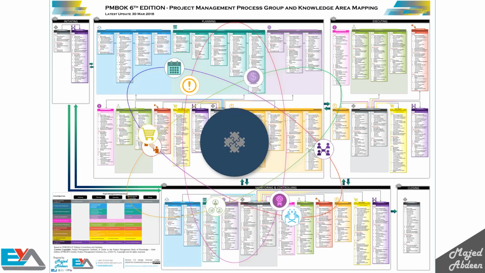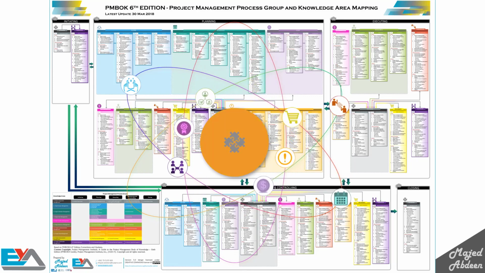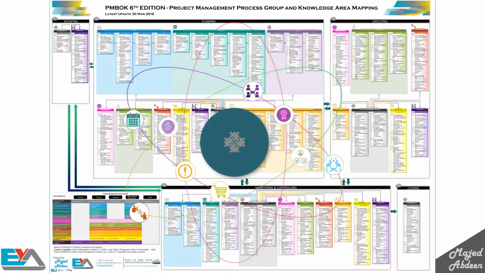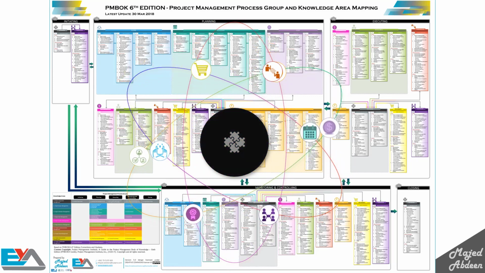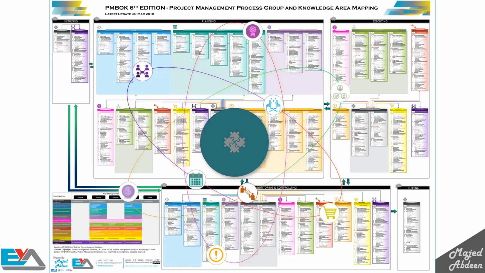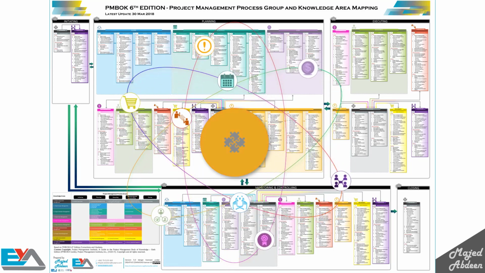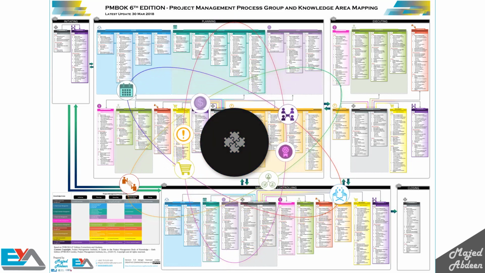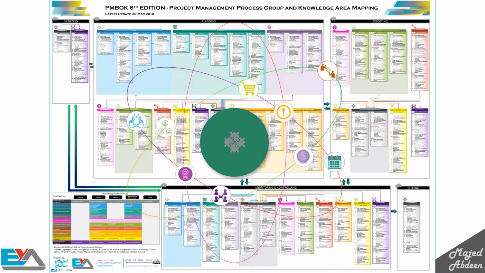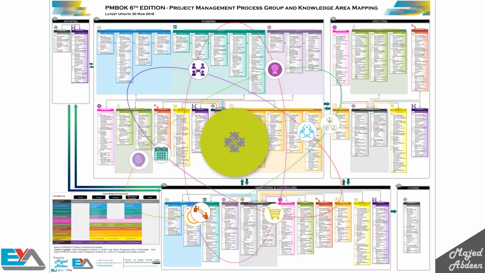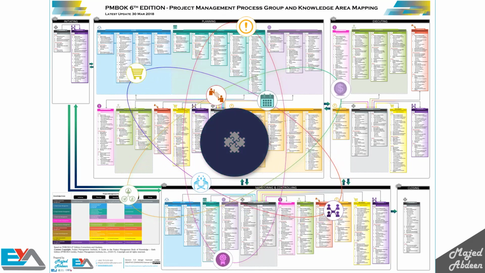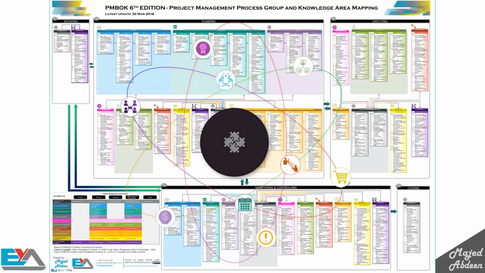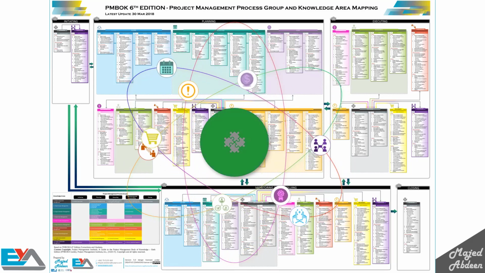When you think about all the knowledge areas and the integration between them, don't think in sequential order. When you plan for a particular activity in your project, for instance, you can execute part of this activity while at the same time you may be closing another phase and monitoring and controlling something else. You might plan for communications, for example, and be managing the team at the same time, and so on.